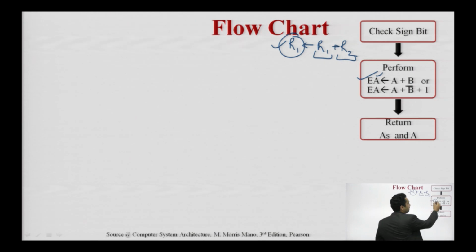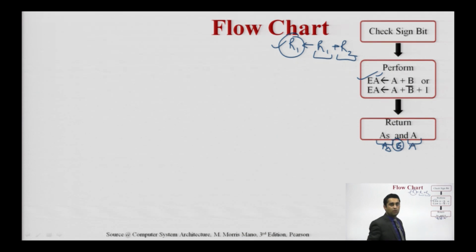Similarly, we are using this A as an output, and E is represented as a carry. If there is anything, then we are performing this operation, and the resultant is the sign of the output and this output value. And if there is arithmetic overflow, then we will add E here, meaning it is EA, but E is not mentioned always because it comes into existence only if there is arithmetic overflow.